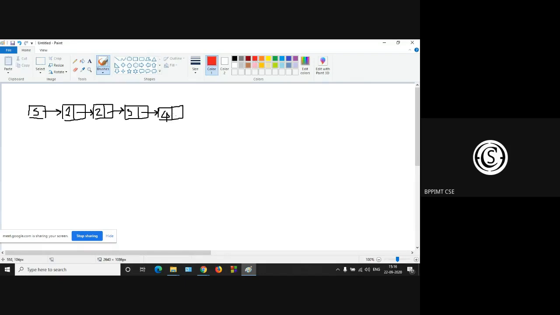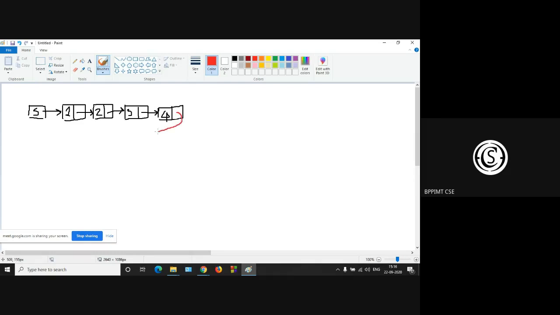So in case of a single linked list, the pointer part or next part of the last node is made null, okay? But in case of a circular linked list, the last node is connected with the first node, okay?